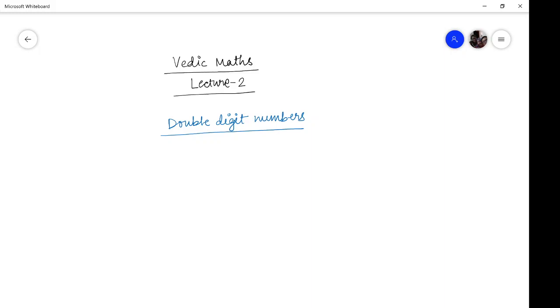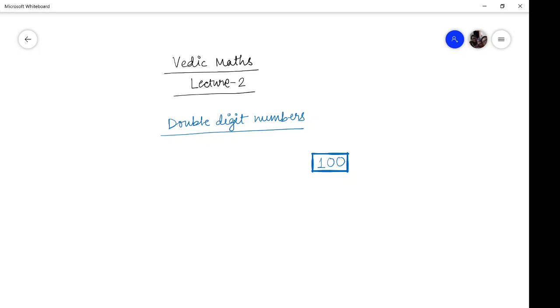To know the power of this technique, the Nikhilam technique, you should dig into 2, 3, 4 digits. Then you will be able to appreciate it. So let me take a simple thing. In this case, two-digit numbers, but they will be lower than the base. That means, as I'm talking of two digits, I'll be talking of numbers slightly lower than 100, that is 10 to the power 2.